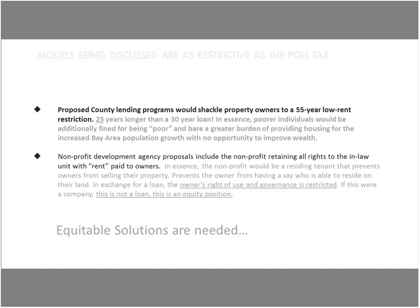This is a huge ask for a population that has been systemically prevented from acquiring wealth, is highly unlikely to increase their employment income, and you're adding a burden they cannot shift. You're asking them to never, ever increase their own personal wealth as we help a growing population find housing. That's a double whammy. The second avenue being discussed is that nonprofit development agencies are looking at financing in-law